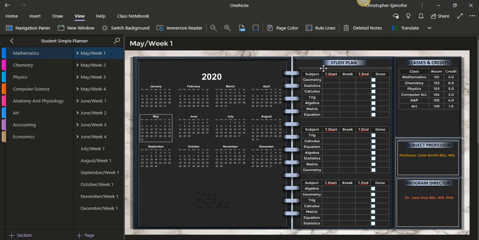I created five rows, and I just insert the subject within this section of math. I just include the subject within mathematics. So within math you have geometry, you have statistics, calculus, trigonometry, algebra, matrix, and equations. Some of these ones I just made up, okay? But I think if you're a math student, you probably know you have to deal with some of this, if not all of this. And here I put